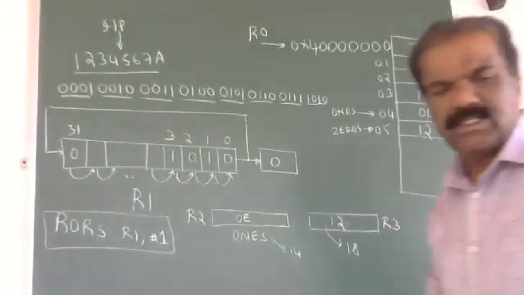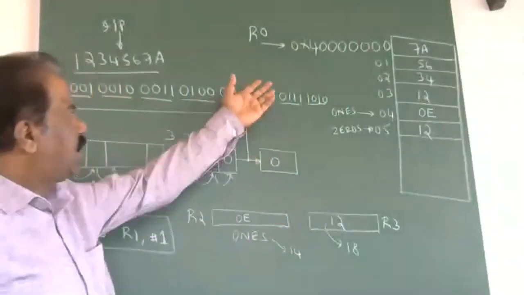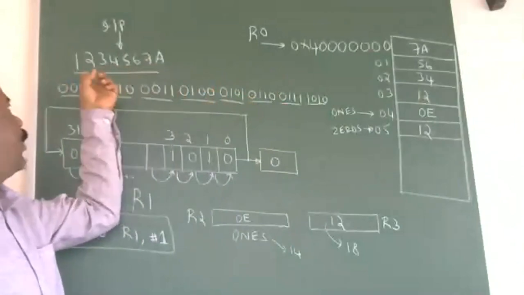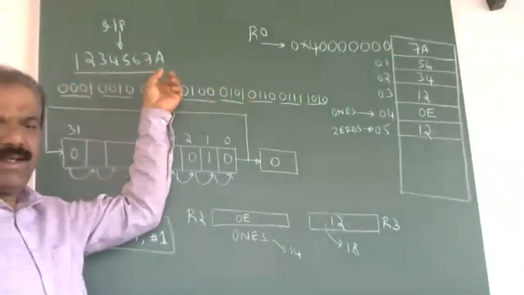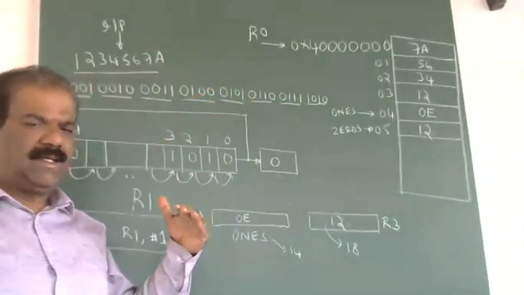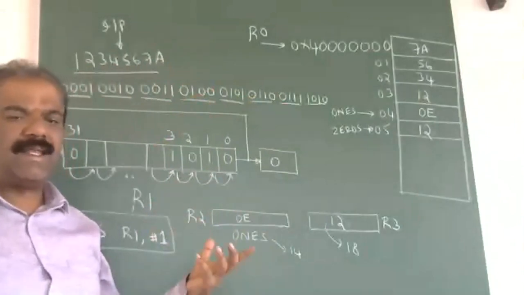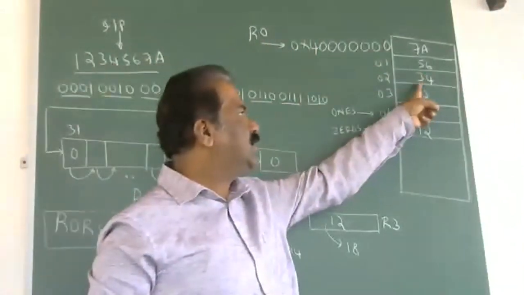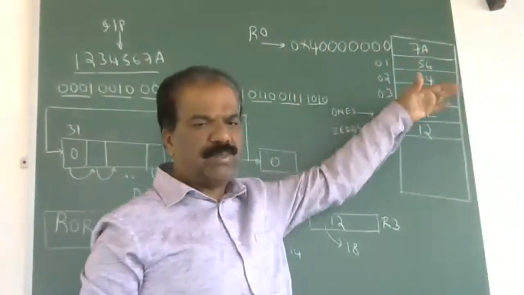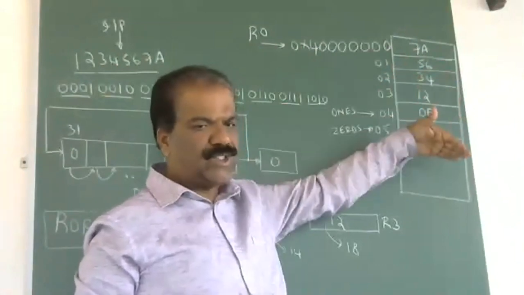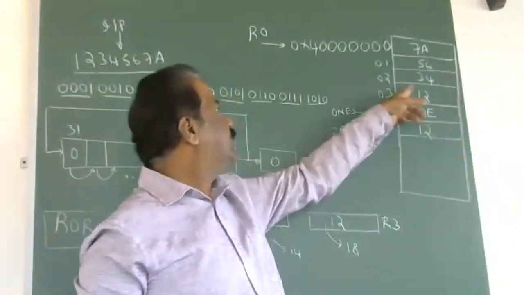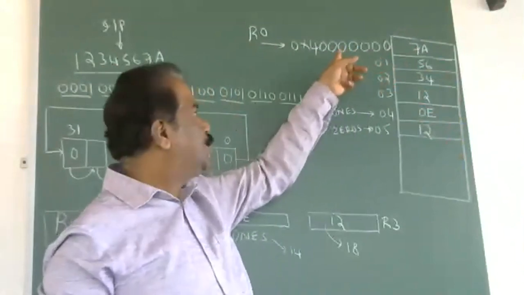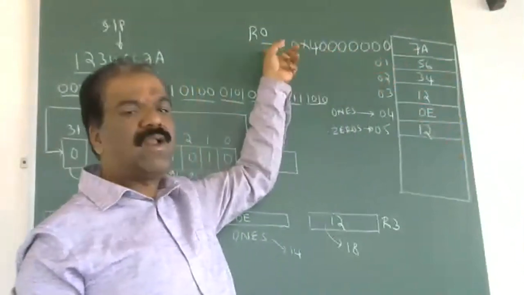Now just listen. It requires 4 consecutive memory locations. This is the input data, 1, 2, 3, 4, 5, 6, 7, 8. It is not possible to store it as it is. Actually, it uses little endian format. Therefore, first you have to store 78, then 56, 34, 12. So it's a 32-bit data that we are storing in consecutive memory locations. The starting address of this data is 4 followed by 00. It's a 32-bit address, and we have to store this address in the R0 register.